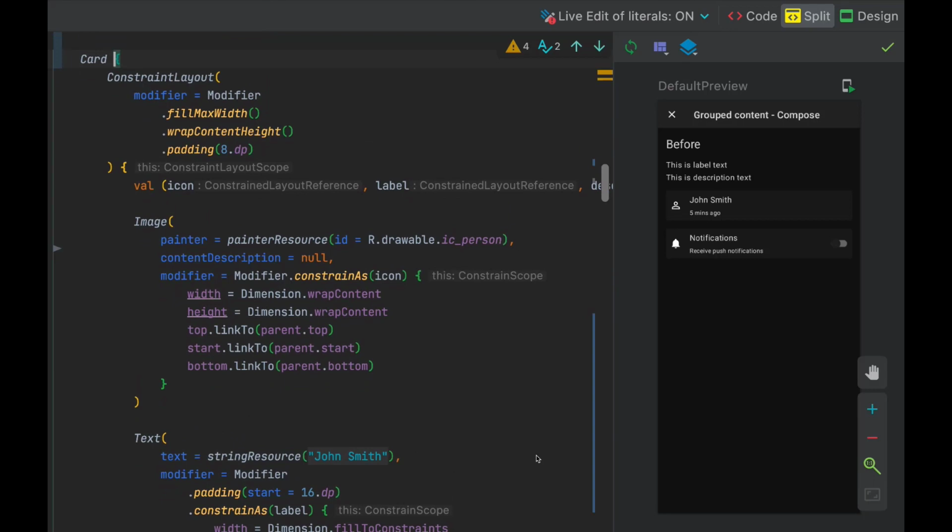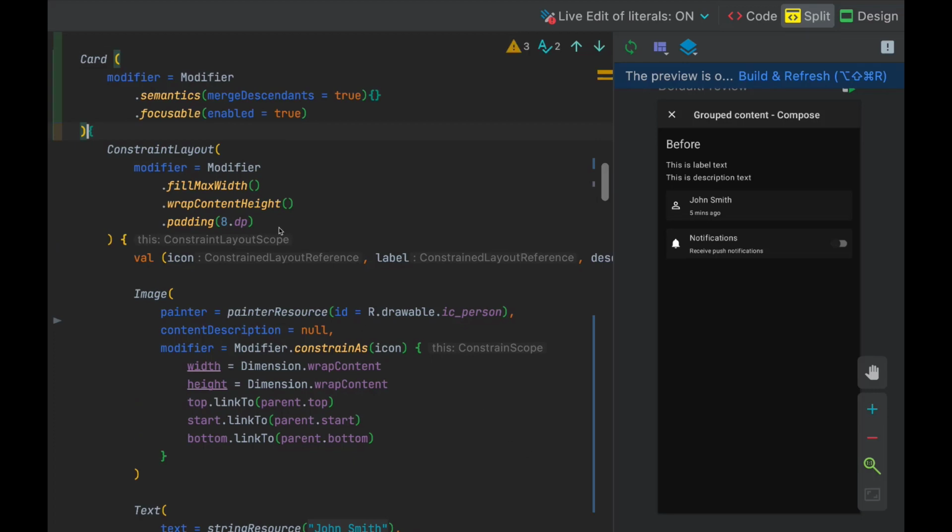To group up the announcement for accessibility services, we're going to do something very similar to what we did with views, but in Compose. We're going to go to the card itself, and we're going to add some modifiers to it, and these modifiers allow us to change some of the properties for accessibility. The ones we're going to look at specifically is semantics, and we're going to set merge descendants to true using that semantics modifier, and that does the actual grouping. And additionally, we're going to set focusable to it, and that helps it out so it's accessible via screen readers and TalkBack. So all we're going to do is add that into the card itself.